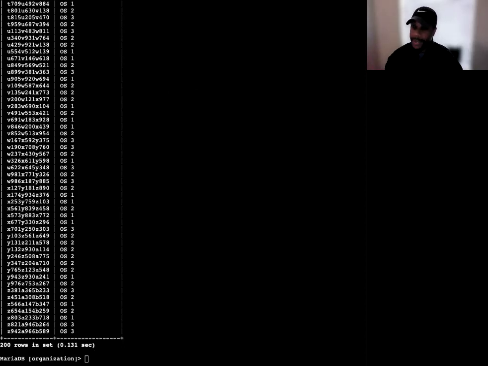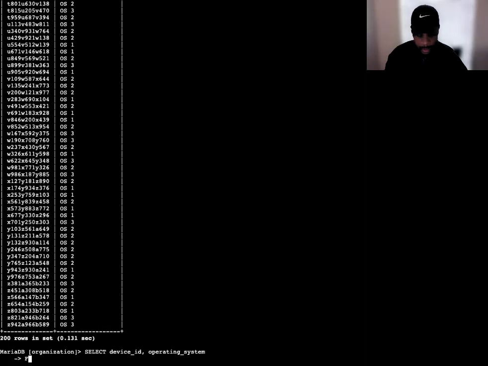And this is where the filtering comes in. What I need to do is obtain a list of all the machines with OS2 in particular as the operating system, because these machines need an update. So to get this information, this is where I'll be running my SQL query with the filter. It'll look like, make sure the caps is on. So we select our device ID, not IS, operating system, and